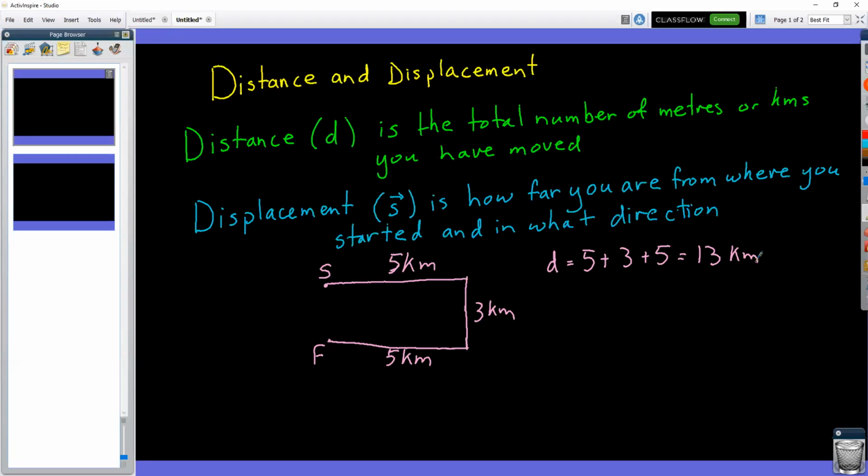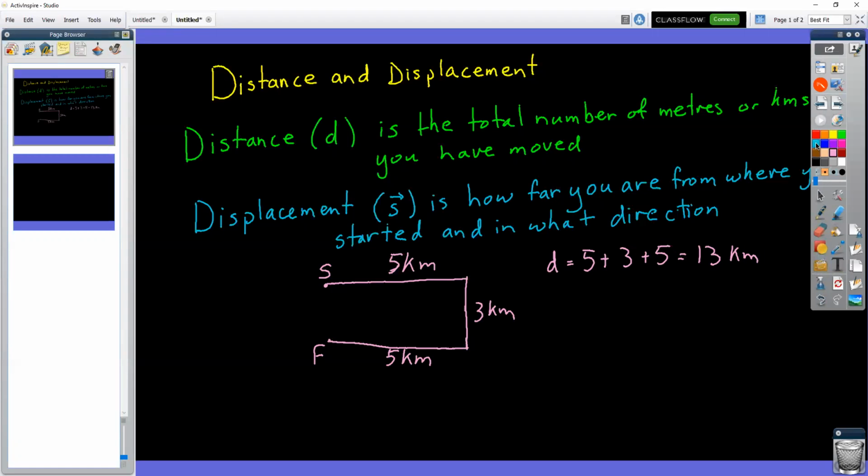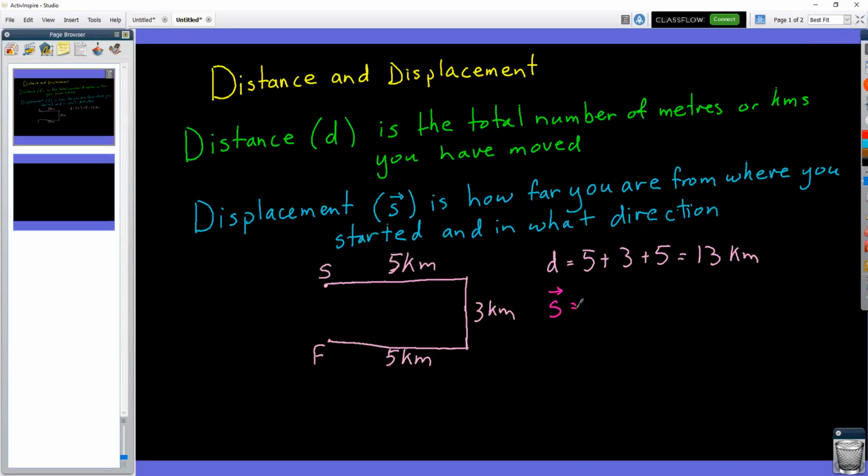However, our displacement is different. So just change colour. Displacement is where we are compared to where we started. So the displacement is here. You can see that, well, my square is not very square, but this should be 3 kilometres. Now, the important thing about this is the displacement, or the distance from where I started, is only 3